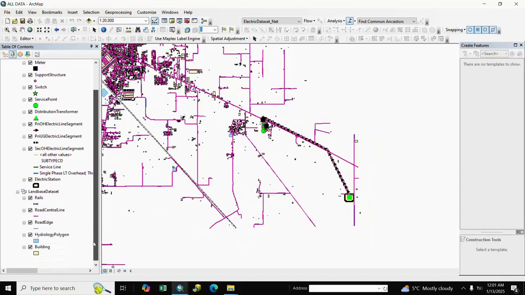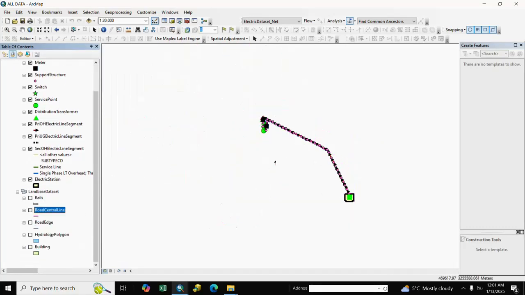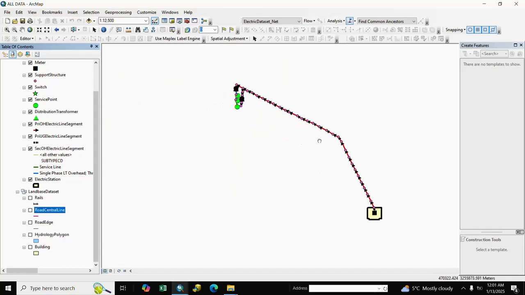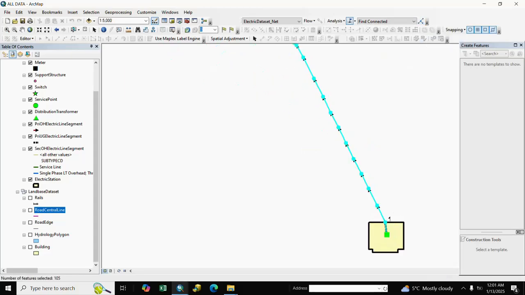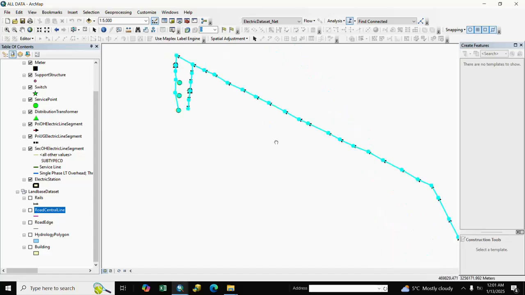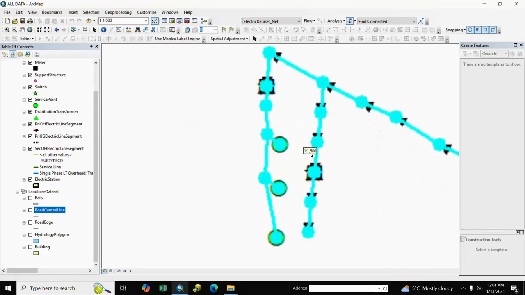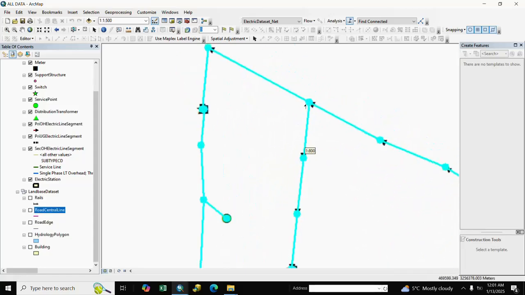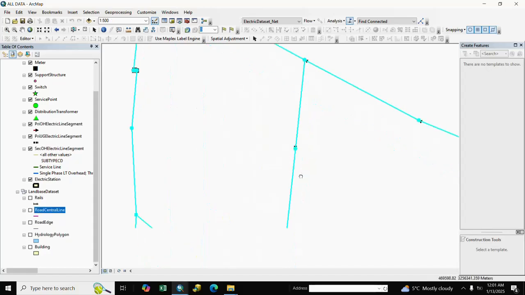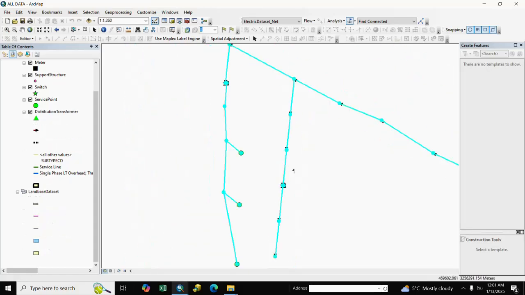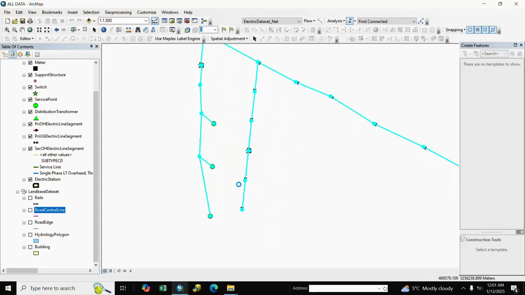We close land base, we select here connected, and we connect it. You see here our line is connected. We mostly see here our connection is here, so our network is connected.